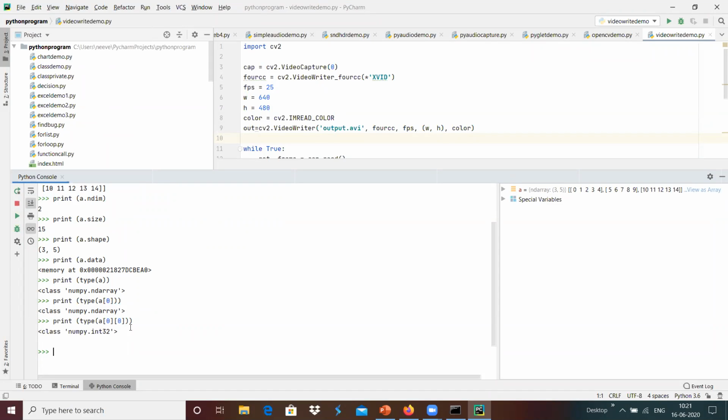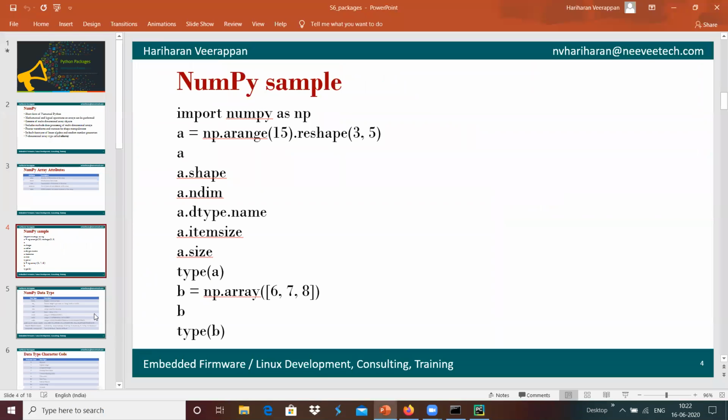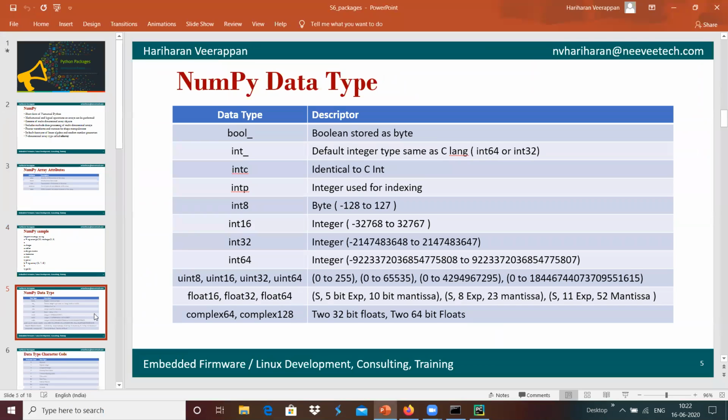Similar to Python, NumPy supports different data types that we will see over here. We have the data type called bool, which is a boolean data type, and intc, which is similar to the C programming language integer, and intp can be used for indexing, and int8, which ranges from minus 128 to 127, and int16, int32 and int64.